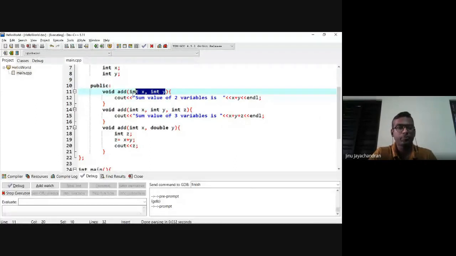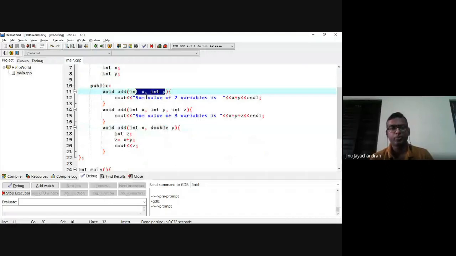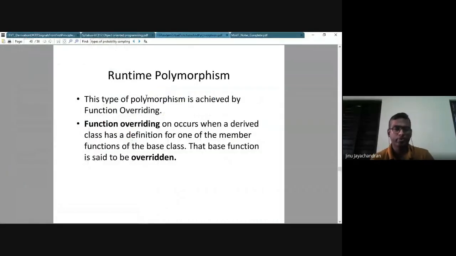This is known during compilation. But you can also have a change in the characteristic of the program while it is being run. This is called runtime polymorphism. And function overriding is one of the important characteristics of runtime polymorphism.